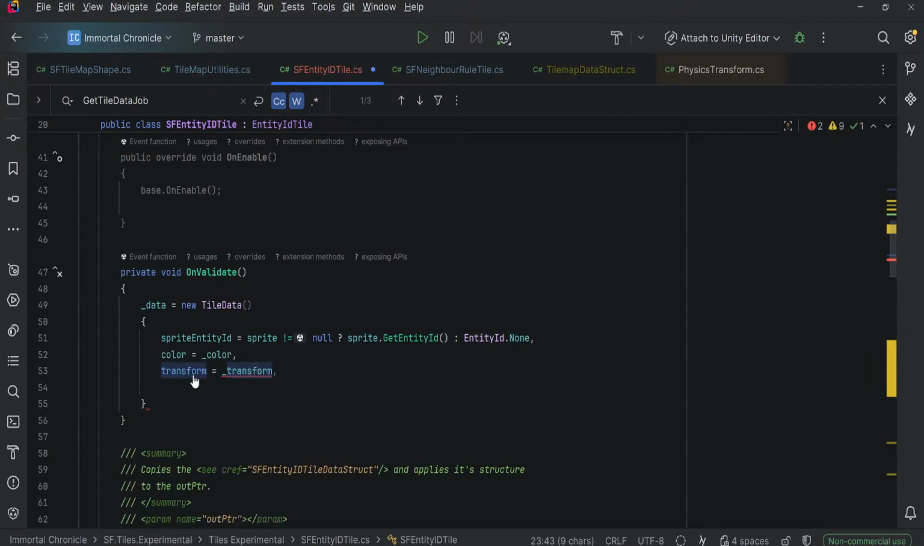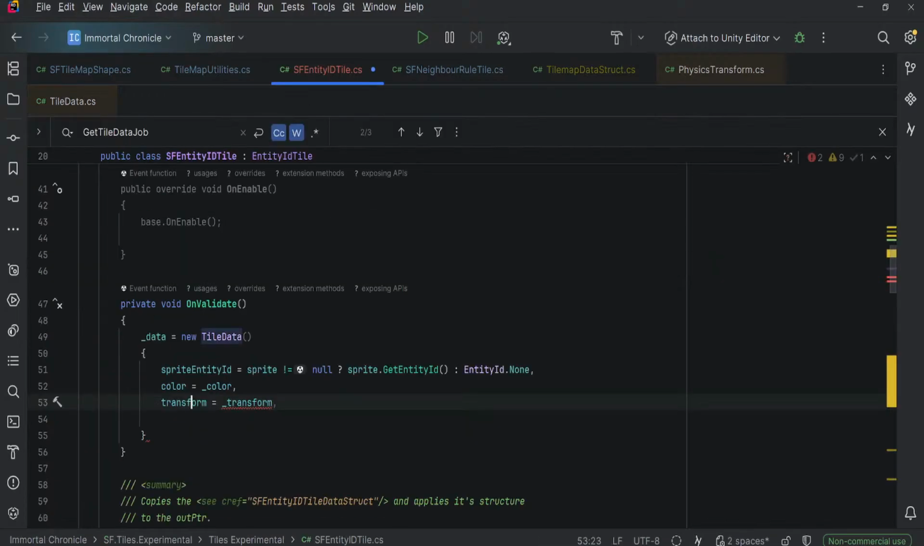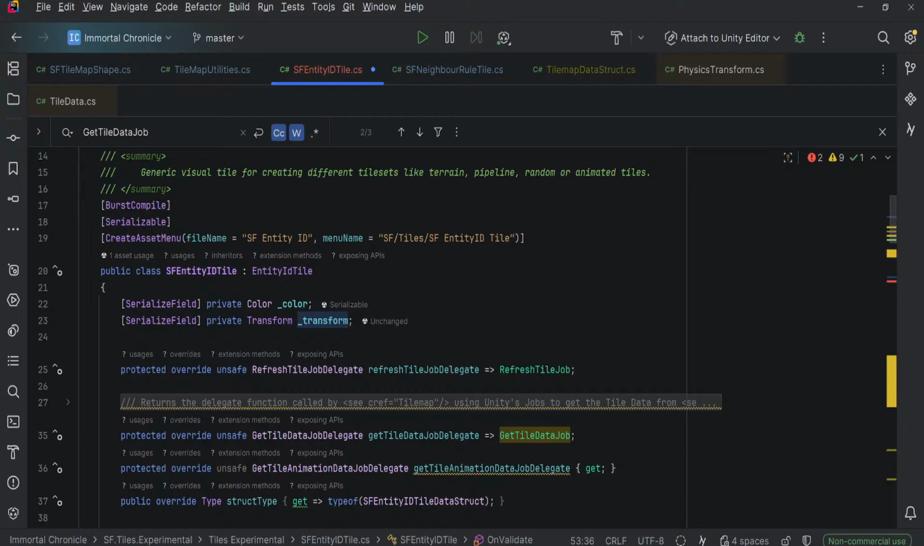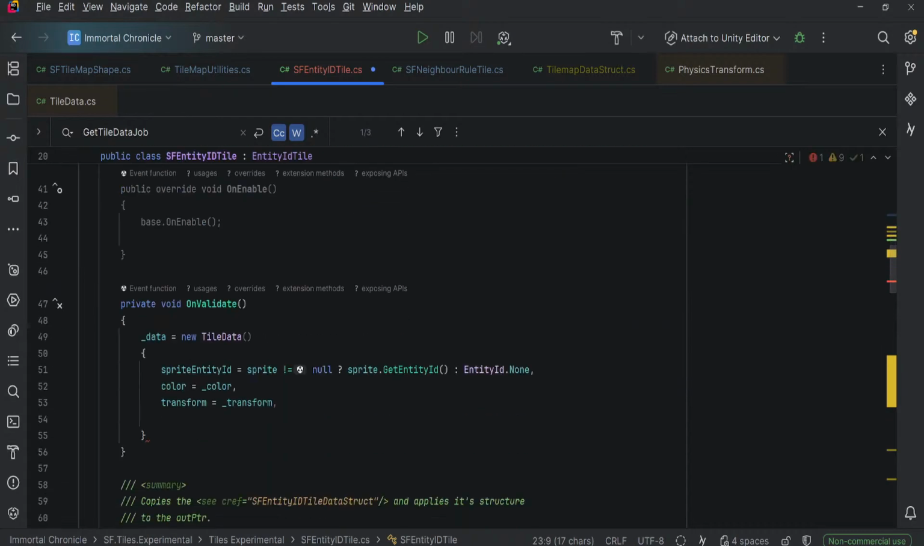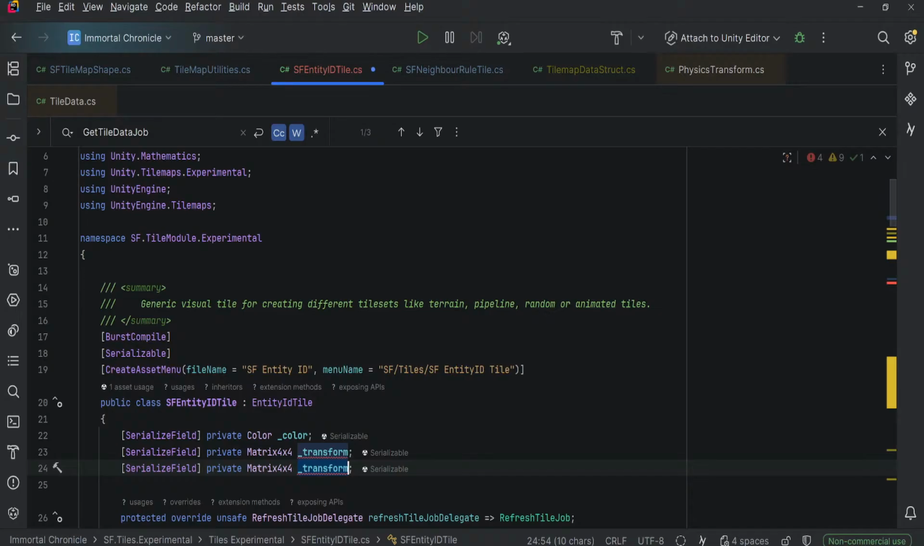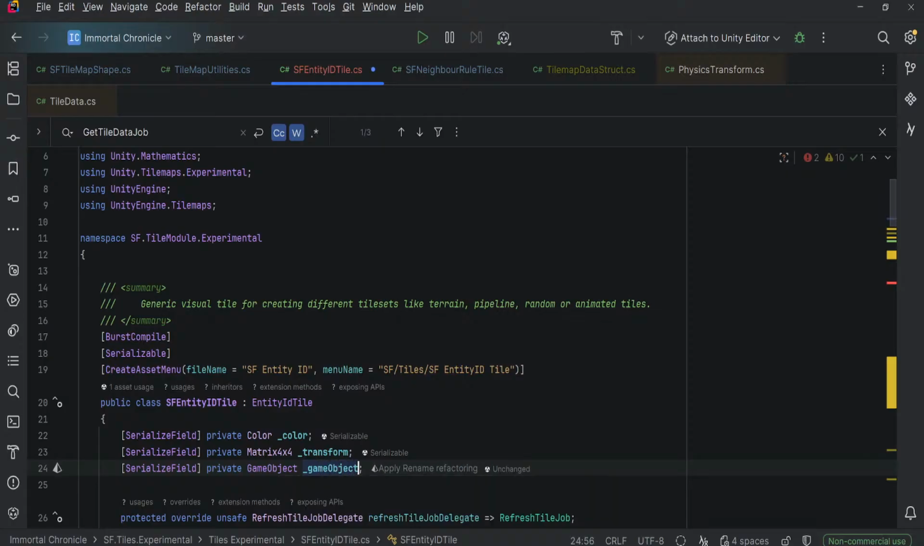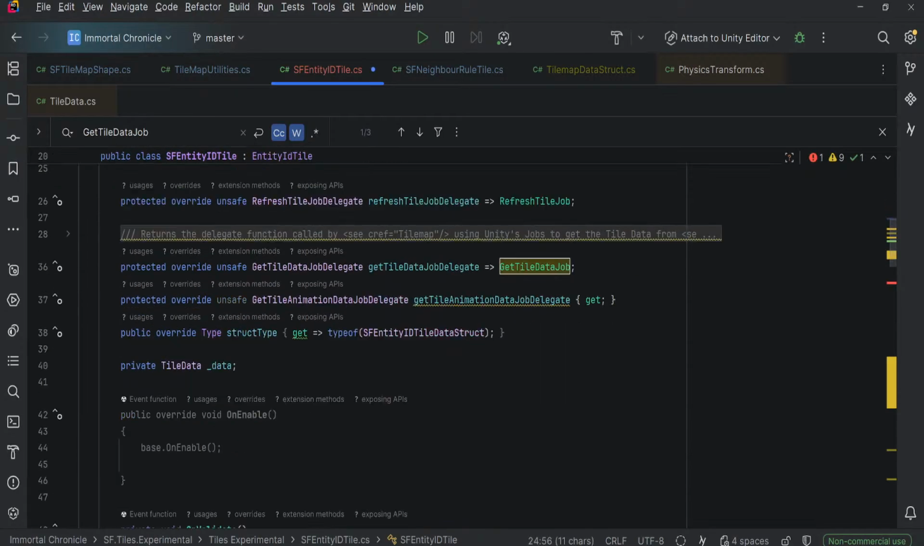So let's actually see what transform it's expecting. Of course. Well, no point in even serializing that. You know what? I'm going to keep that here just for a reason. And then if we want to have a game object spawn that's linked to the entity tile game object, we're going to say